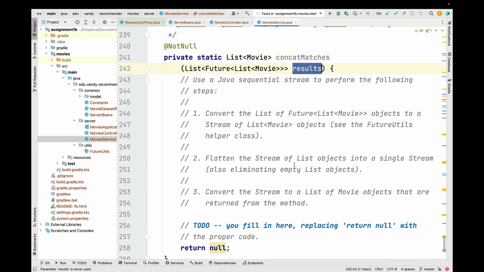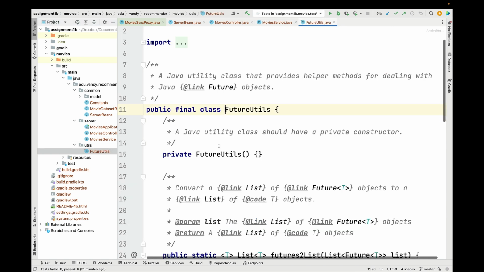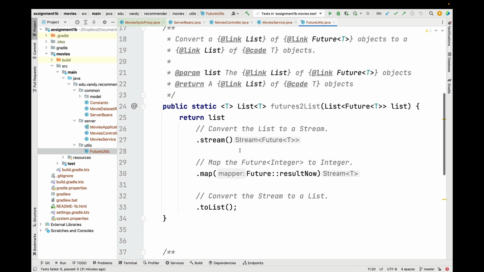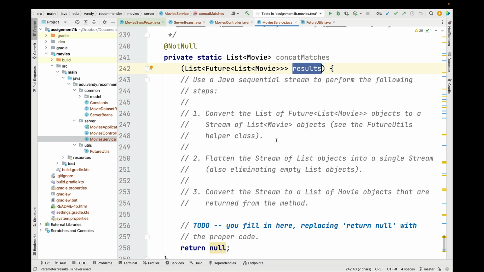And this is kind of subtle. We're going to convert the list of futures to lists of movies, which is this parameter that's passed in, to a stream of lists of movie objects. And to do that, you want to go over here and take a look at the future utils helper class. And you'll see that there's a method here called futures to list. So you'll have to figure out how to call that. It's pretty simple to call, but it does some really cool things